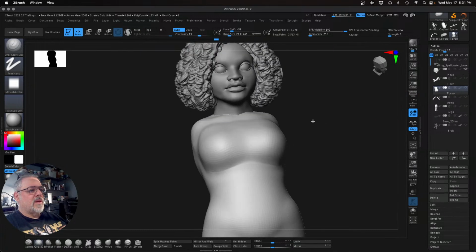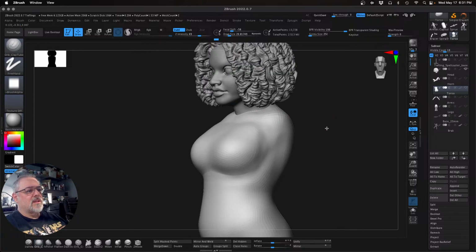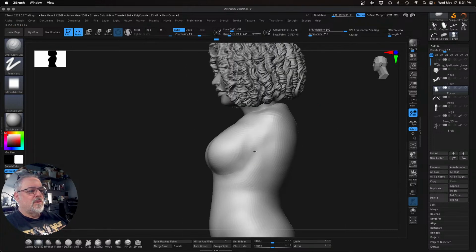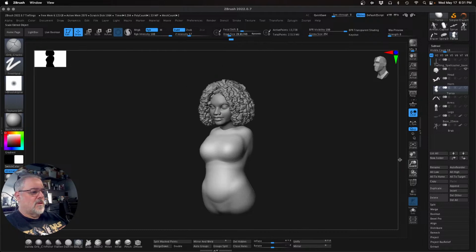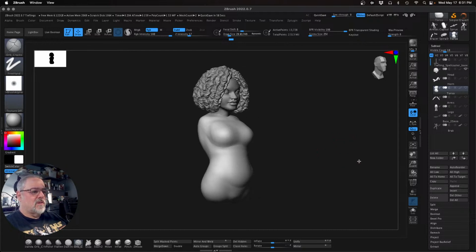Okay. And I don't think that I'm going to worry too much. I think I'll do some kind of collar, like a necklace kind of thing to connect that, so I don't have to worry about doing a lot of detailing across there. Let's see. Okay, and then I guess she's going to have some kind of...